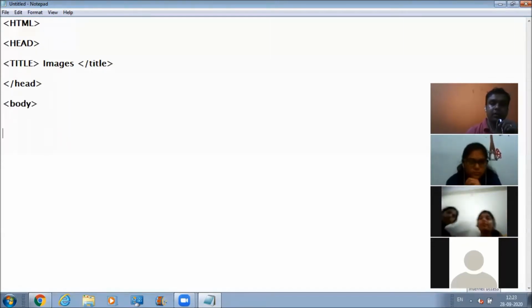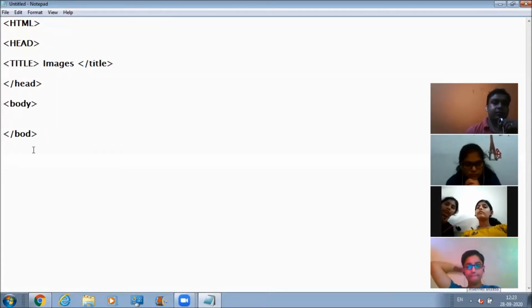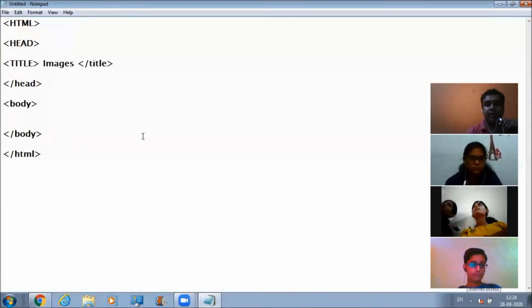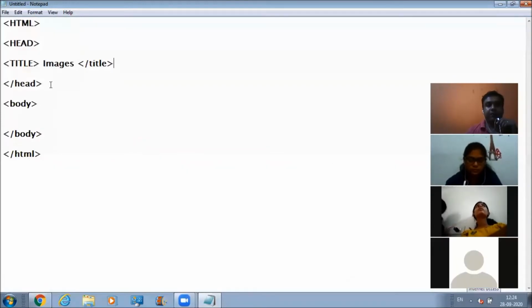Then it is the body of the HTML document. We need to close the body tag here, and after that comes the closing HTML tag. This is what we have already discussed in the previous classes.